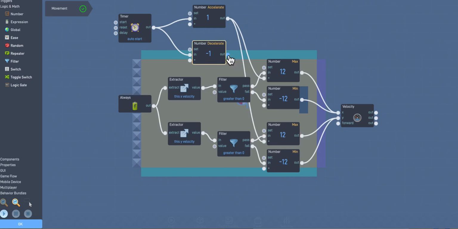This one, the decelerate, is going to go from the out, and it's going to feed into the positive dot on the minimum number. So it's hooking up negative number to another negative number. And then it's going to hook up one more time down here for the y-axis. And I'm going to go ahead and